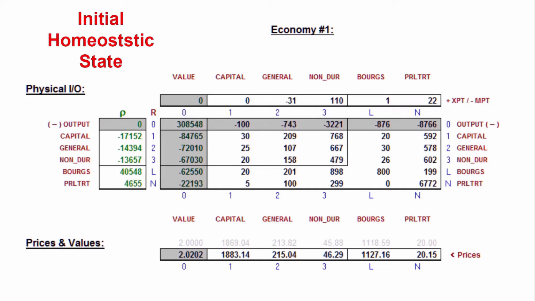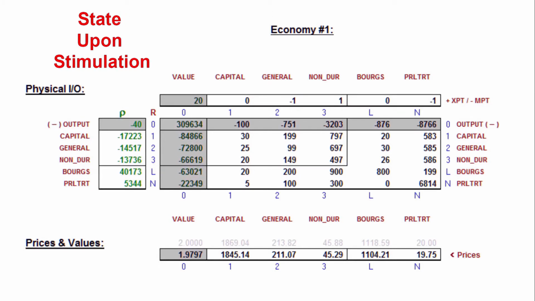Once again, here is the initial steady state, and here is the state immediately after the stimulus. We can see that this stimulation's effect on Economy 1 has been rather slight. This is because our stimulation imposed Economy 1's production and utility parameters on the other 2 economies. Thus, the stimulation's only effects on Economy 1 are due to the import-export pressures exerted by the other 2 economies.